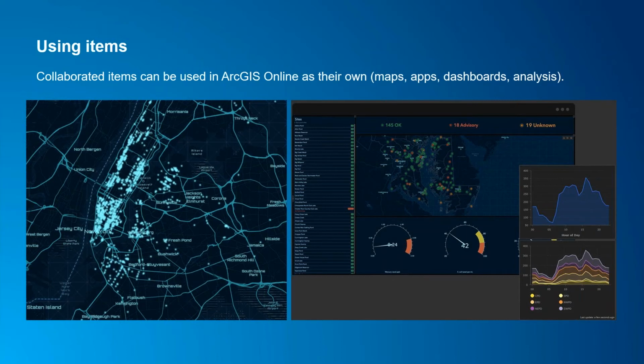You can use it just like you use any other content within your organizational home. So here are just some examples of maps and apps that can be shared, and using that again for visualization, using it for analysis, etc.